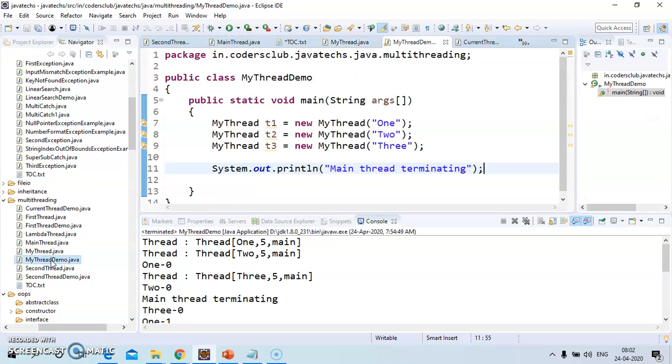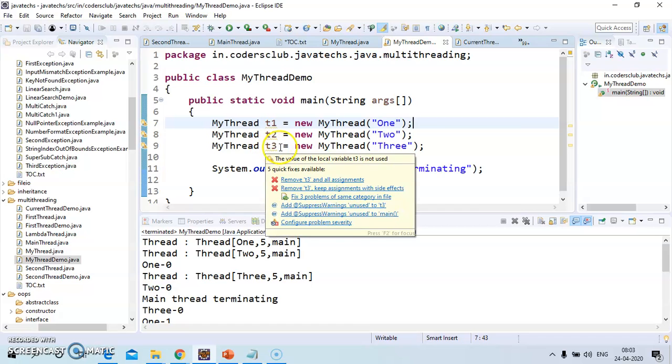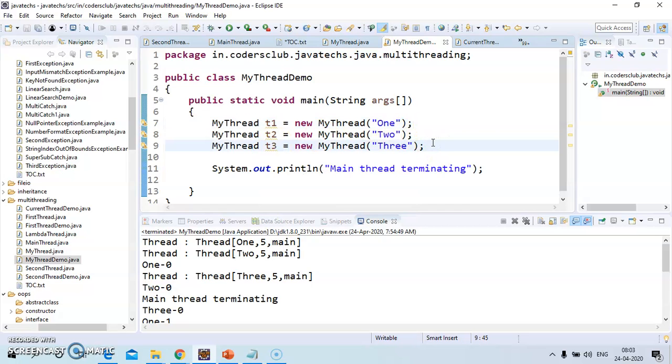Next let us go to the class called MyThreadDemo.java. This particular class has the main method, and here what we have done is we have created multiple threads. That is, we have created a thread T1 whose name is 1, and we have created a thread T2 whose name is 2. We have created a thread T3 whose name is 3. We have created 3 threads, that's all we have done. And what happens is, in the constructor it assigns this name to that particular thread and it starts the thread there. So let us run this program.